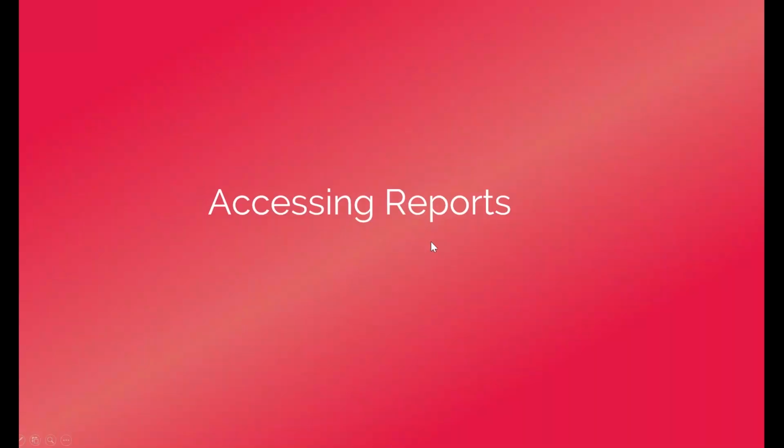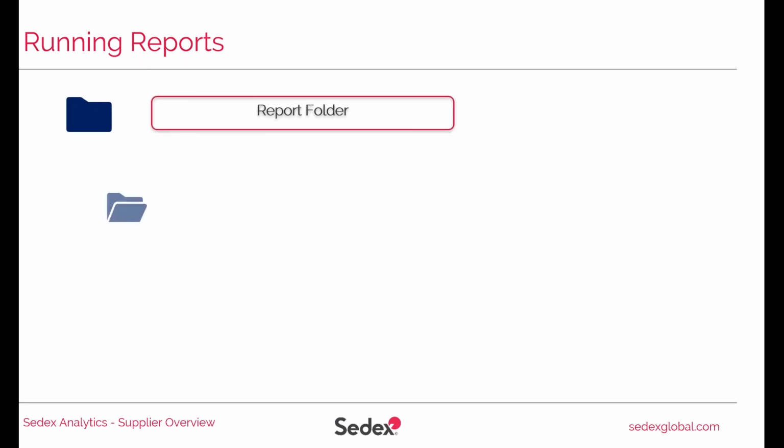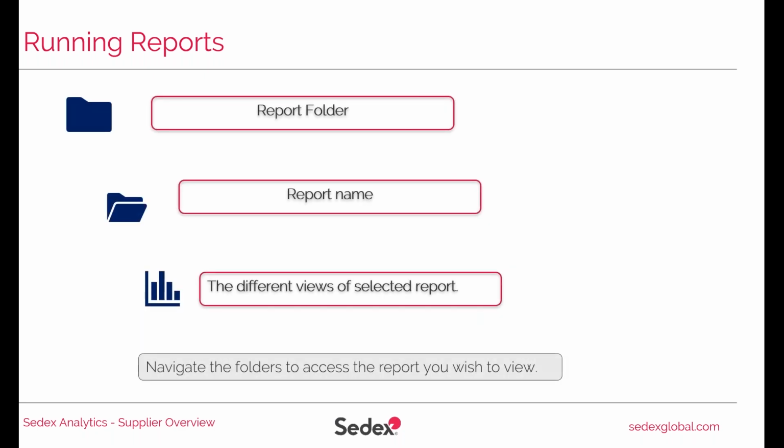So let's look at accessing the actual reports. Again, all of the reports are accessed from the Explore tab. And you have your different icons there. And just to mention regarding the navigation journey, if you click on a folder, there's basically 3 clicks before you get to an actual report. Again, I mention it now, but when you're using it, you probably won't even think about it, to be honest with you. Again, you can search in other ways, but if you're clicking into those folders, what you're going to get